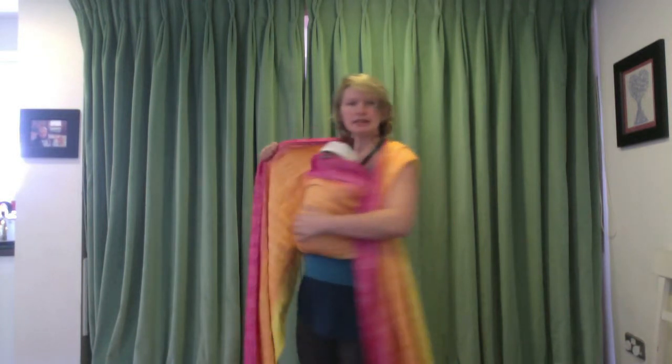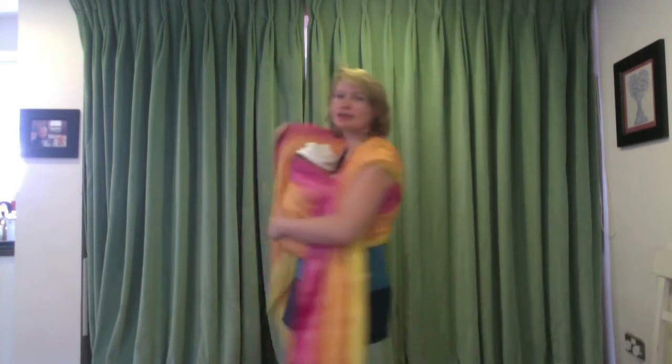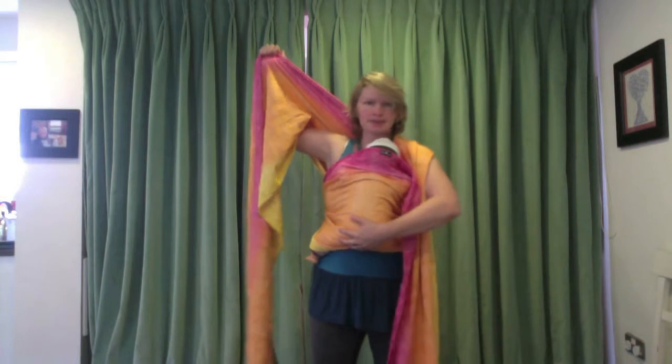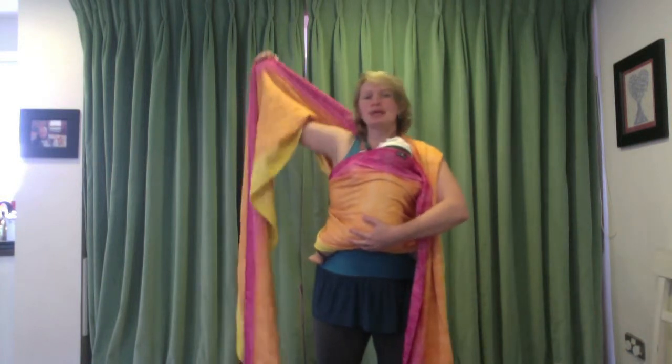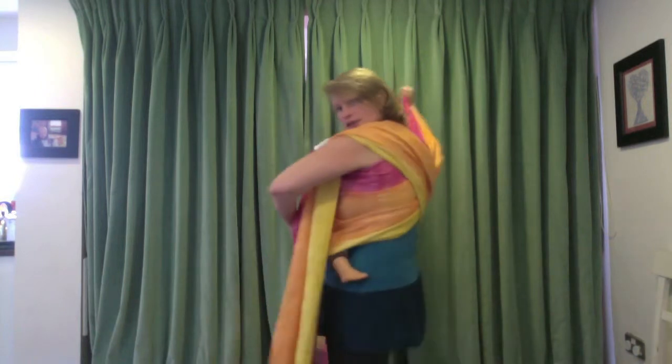Always tighten with the pass that's underneath, because if you tighten the pass that goes over the other one, it's going to be much harder to tighten the under one. So I first start by tightening the top rail, and then bring my arm out to the side, so then it's only just going round this corner,